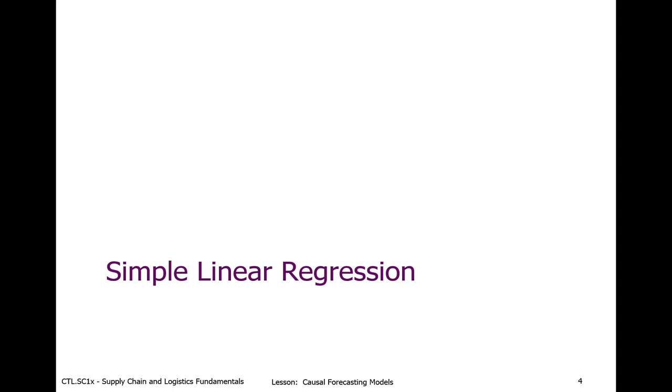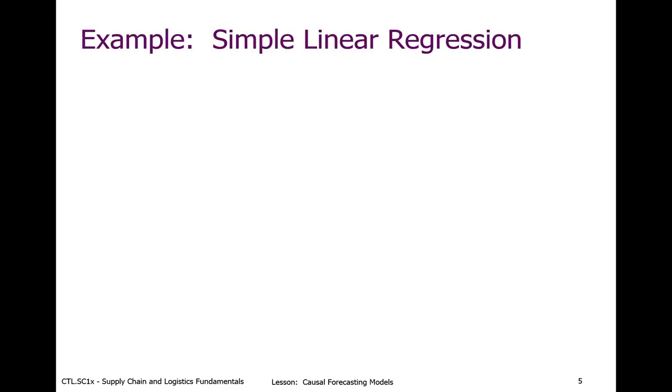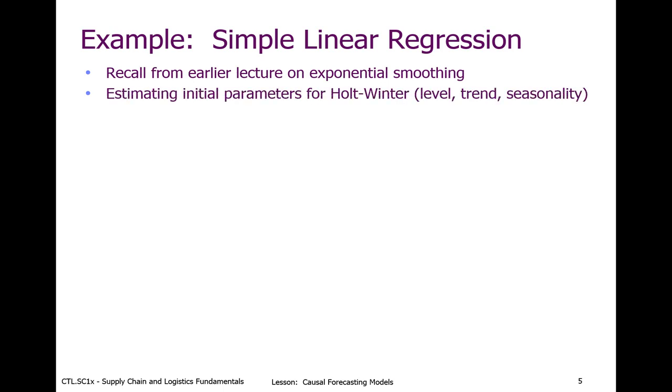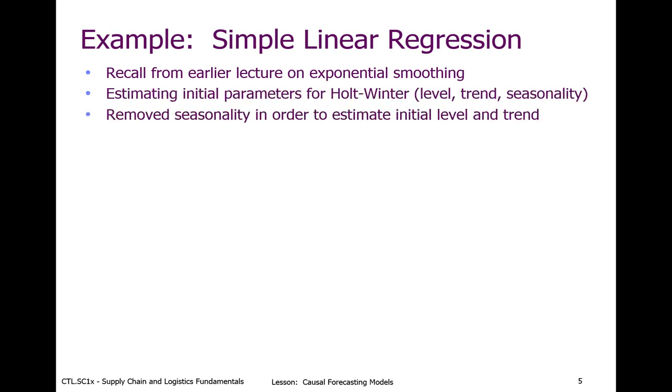In this video, I want to introduce simple linear regression, and I'm going to do this using an example. If you recall from our previous lecture on exponential smoothing, we estimated the initial parameters for the Holt-Winters model. Remember, that's the one with the level, trend, and the seasonality. And when we're initializing, we removed the seasonality, or we deseasonalized the demand, in order to estimate that initial level